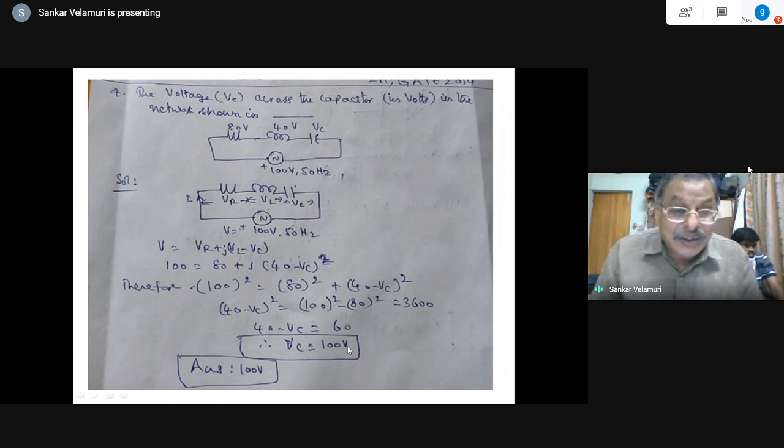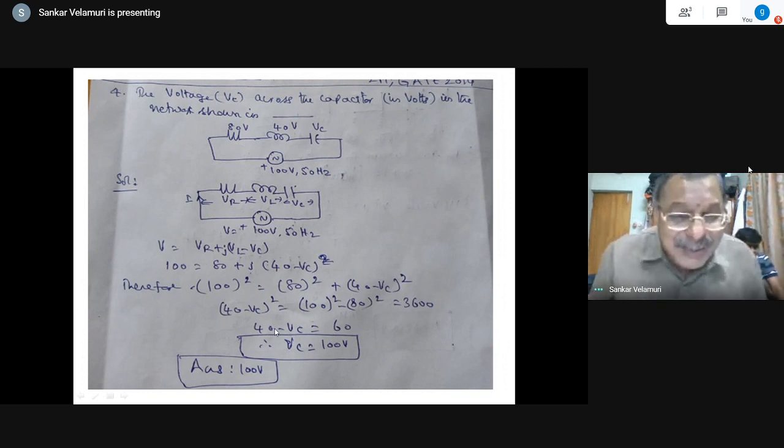So you can see anybody can fumble at any time. You can get carried away. This can happen to anyone, right? So one has to be careful about this. I hope 100 volts is the answer that is being given as the multiple choice answer, which is correct. So 40 minus VC, you could have written as VC minus 40, then this problem would have been solved. Otherwise, it gives the wrong interpretation, because instantaneously I stated that I have to take minus 60. That is not appropriate. Because VC minus 40 is 60, sorry for the inconvenience.